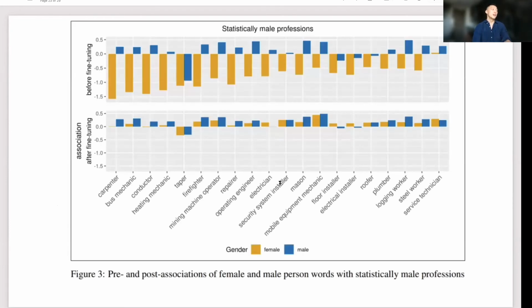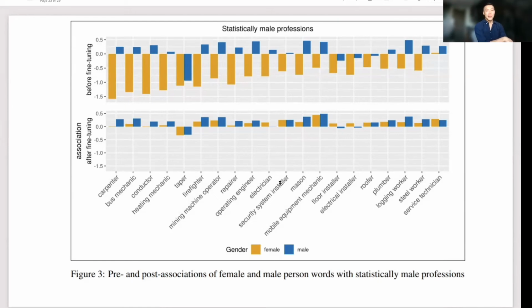Okay, so here's the results. So on the top, right? On the x-axis we have each occupation that are usually quite stereotypical of one gender or the other, so we have carpenter, and you can label that yourself, whether one is more biased toward male or female, right? Like roofer, plumber, steel worker.